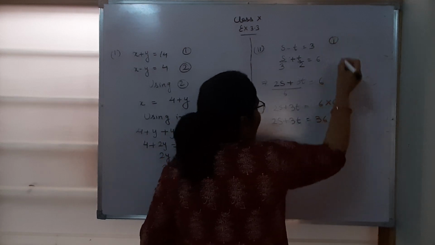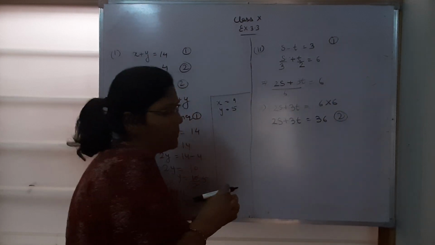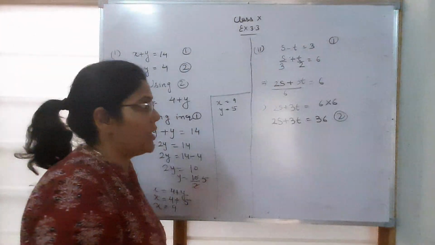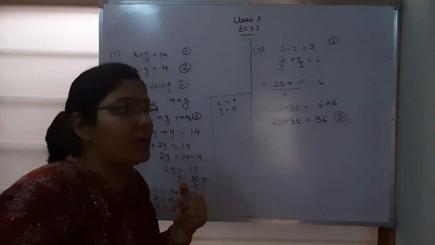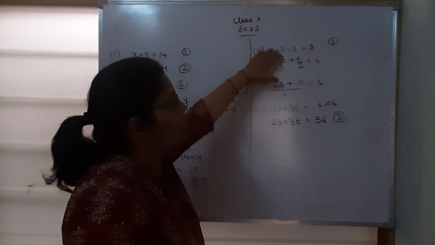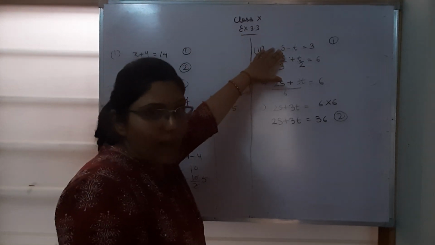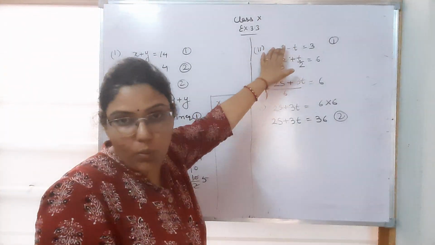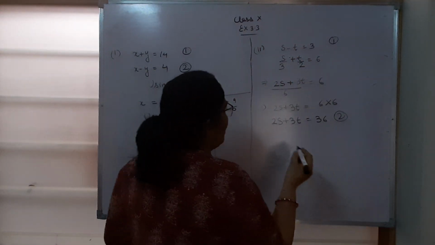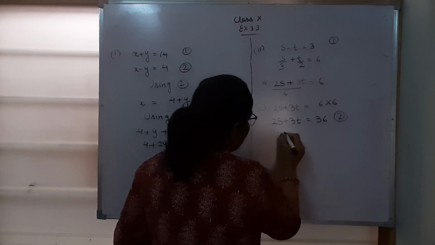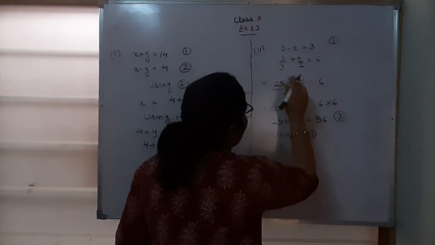So now we have two equations, first and second. Alright, so how would you do that? s minus t is equals to 3 is the first equation. Substitution method, you remember? Yes, so what will you do? You will take the value of one of the variables from equation 1 or 2, whichever you want, but I am taking 1. So s minus t using equation 1.